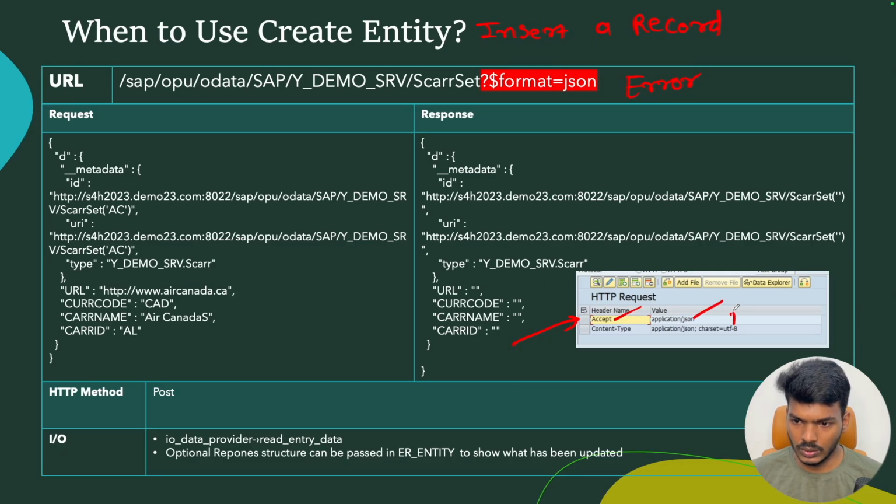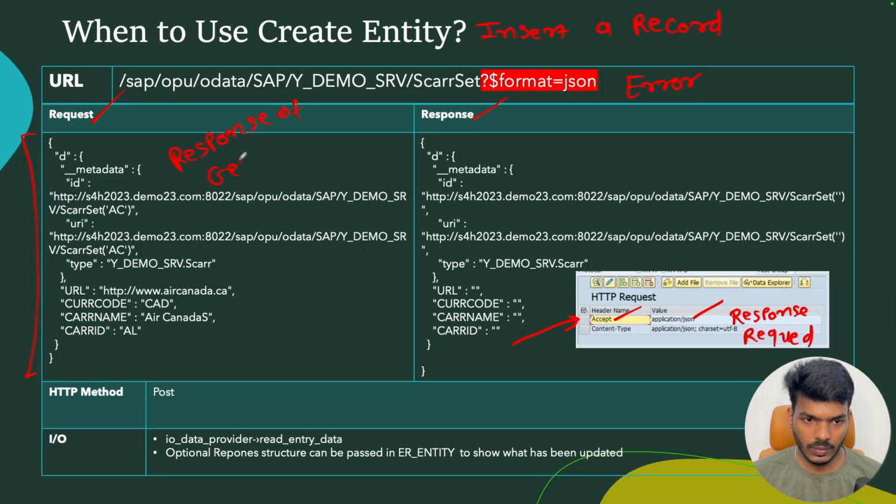This is for the response and this is for your request, because we are passing our data in both ways. We are passing both request and response. Now you will ask me how you can get this JSON. Do I manually need to write this? The answer is no. You can copy the structure from the response of